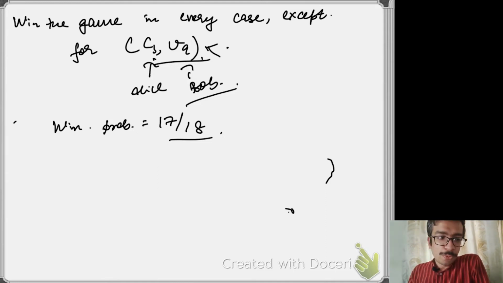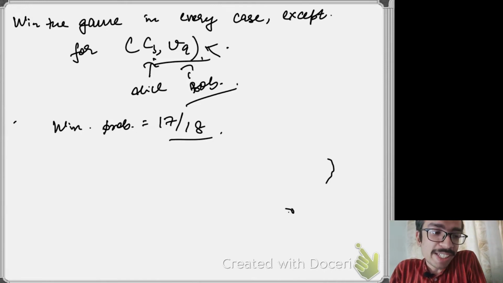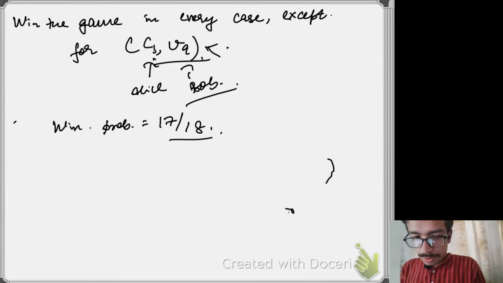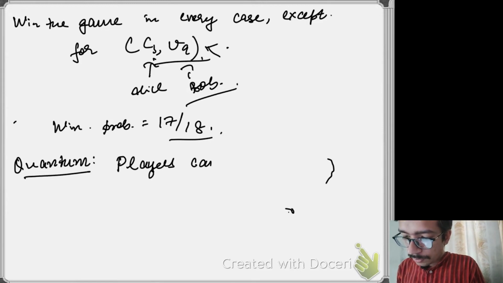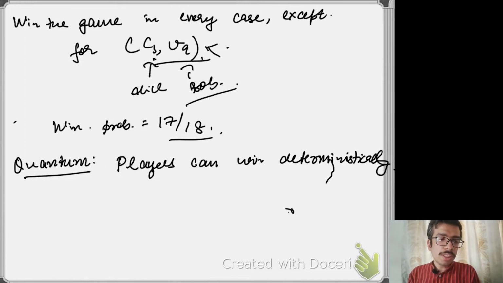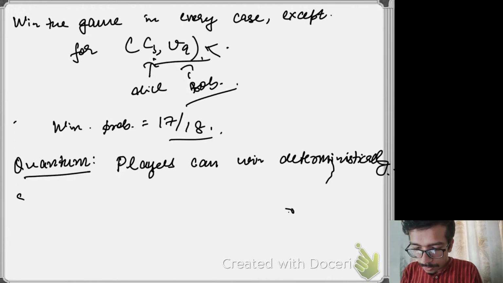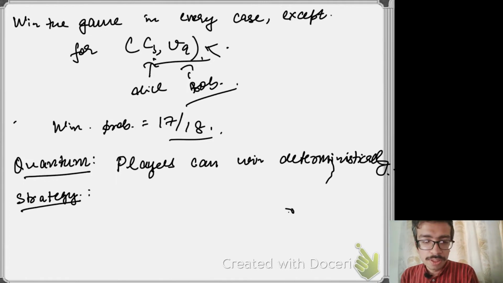Now coming to quantum. What I claim is that the quantum players can win with probability 1. So they can win deterministically, and this is the interesting part. So how can they do that? We'll now design that strategy. The strategy is as follows: